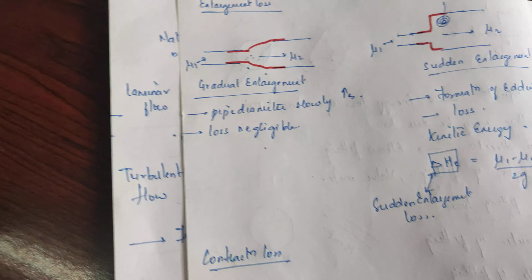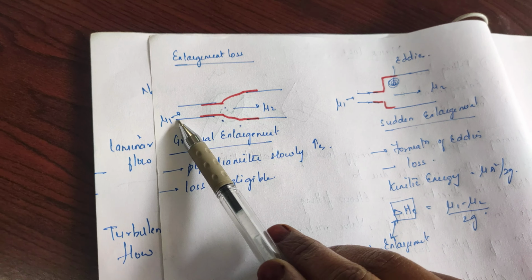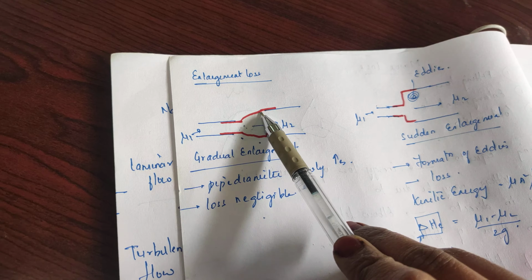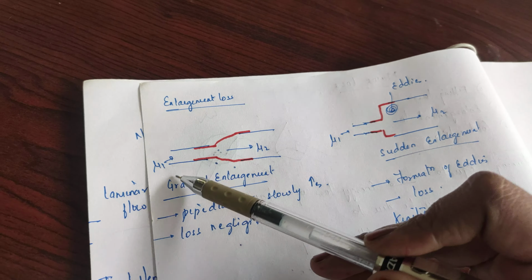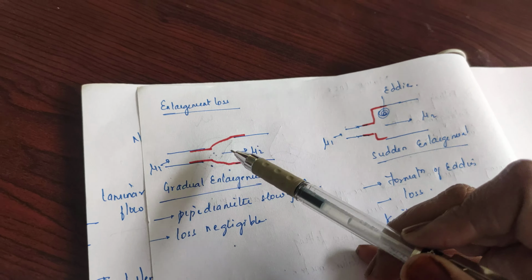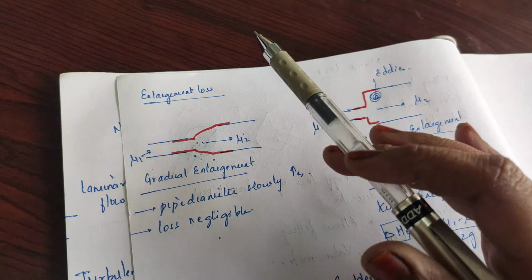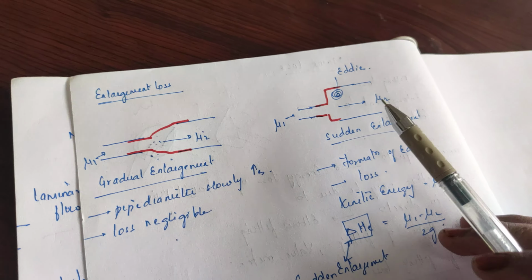If the fluid flow is happening from this side, it is entering this way, gradually the fluid enters the larger pipe, not a sudden one. So the diameter of the pipe is increasing slowly, and here the loss of energy is negligible, meaning there is no loss here, but